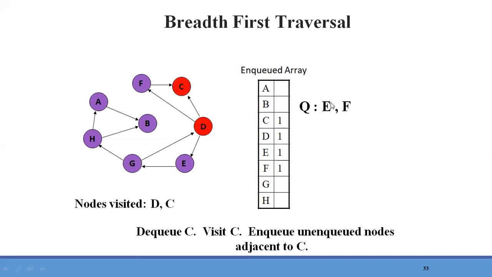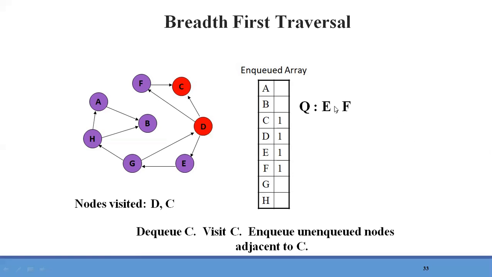Then next step will be we will be deleting the front element from the queue because it was added first. So C will be dequeued, and as it is dequeued, that means it is a visited node, will be added in the visited list or in the output. Now as C node we have visited just now, now we have to look for the nodes which are adjacent to C. But there is no other node which is adjacent to C, and there is no path directly from C to that node. So we will stop here.